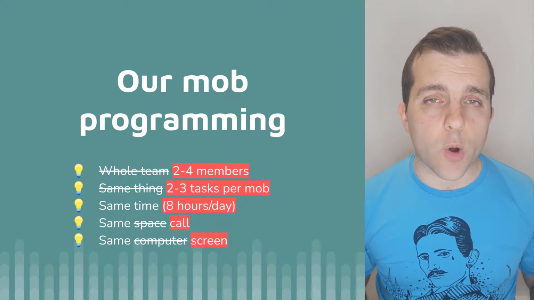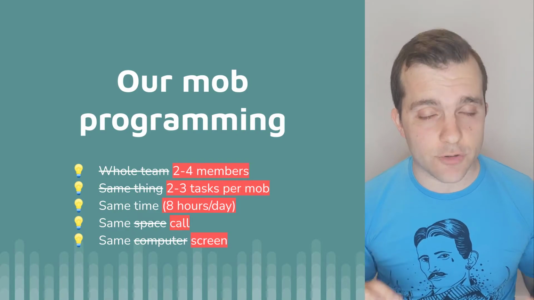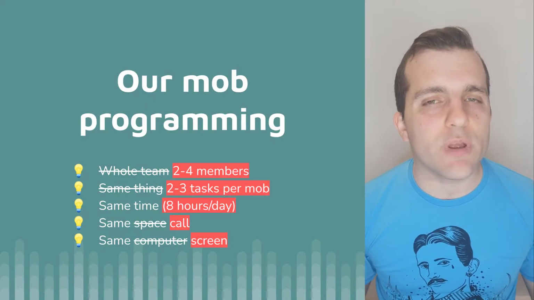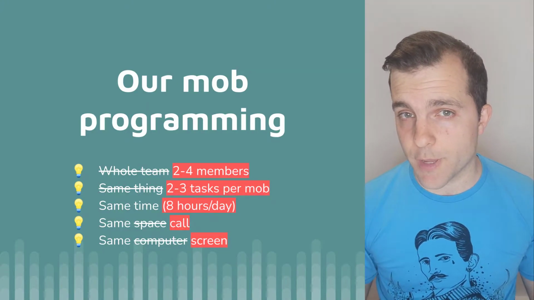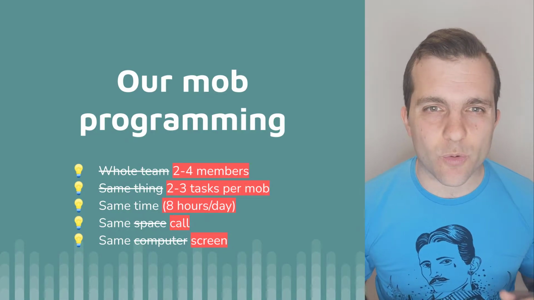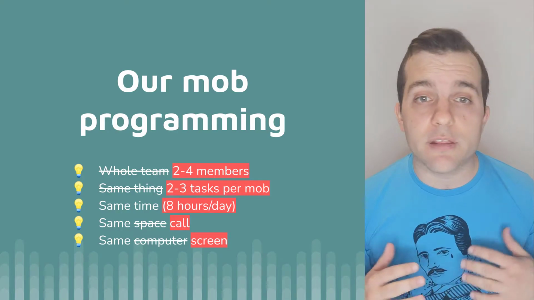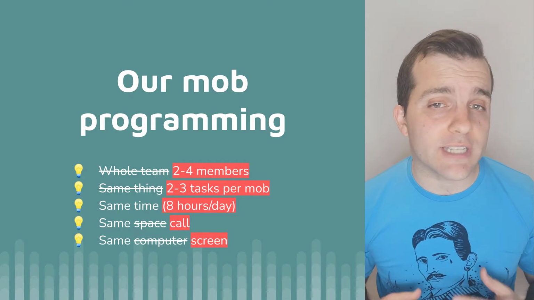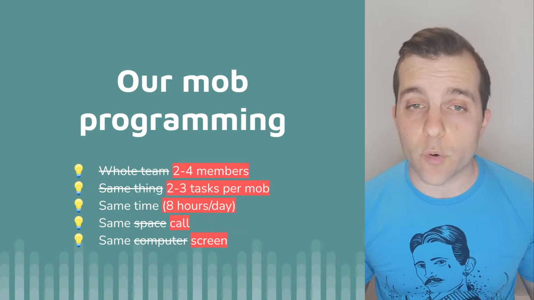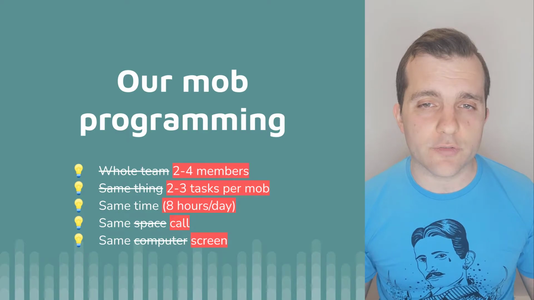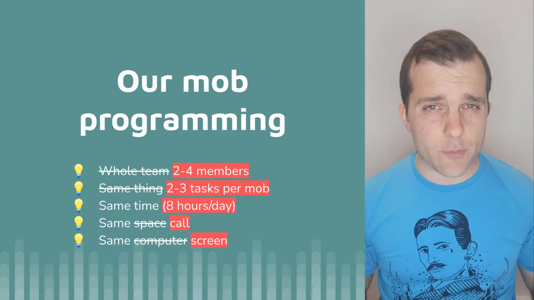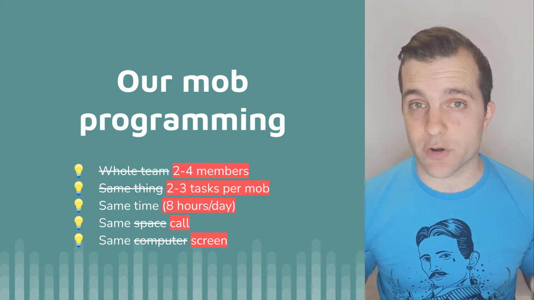To begin with, while the entire team does do mob programming, not everyone does it together. Specifically, we have mobs of 2 to 4 people. We also call these tracks or constellations. Each track works on the same thing, but in total the team works on 2 to 3 different tasks as we are 8 developers. We do not recommend mobs of more than 4 developers over long periods of time as it decreases engagement. We start each mob every morning with a Slack call and a shared screen session.